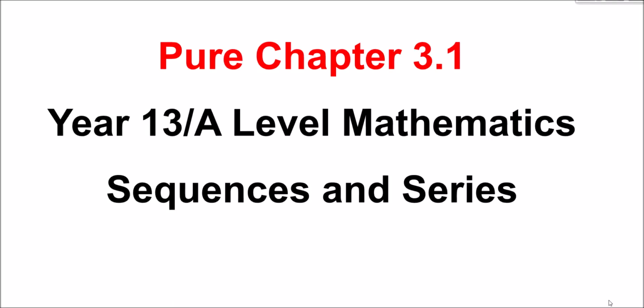So this is Pure chapter 3.1 from Year 13. It's sequences and series, the first lesson. I'm going to have a look at sequences, which are just successions of numbers, essentially patterns. This is going to be very similar to the nth term from GCSE, with slightly different notation. We're going to have a look at the general formula for the nth term of an arithmetic sequence, where the common difference is constant between successive terms, and then we're going to have a look at some exam-style questions